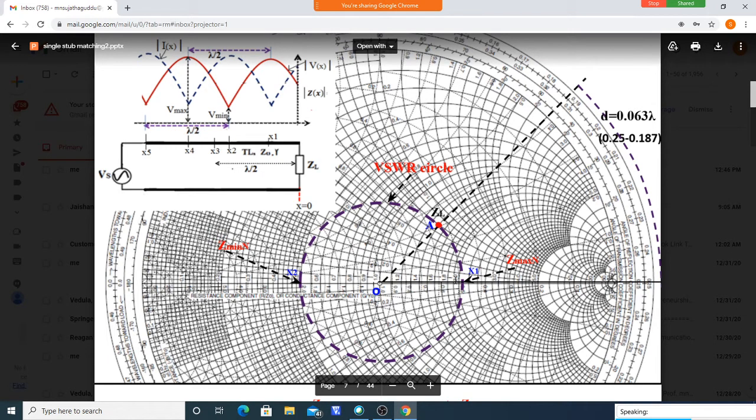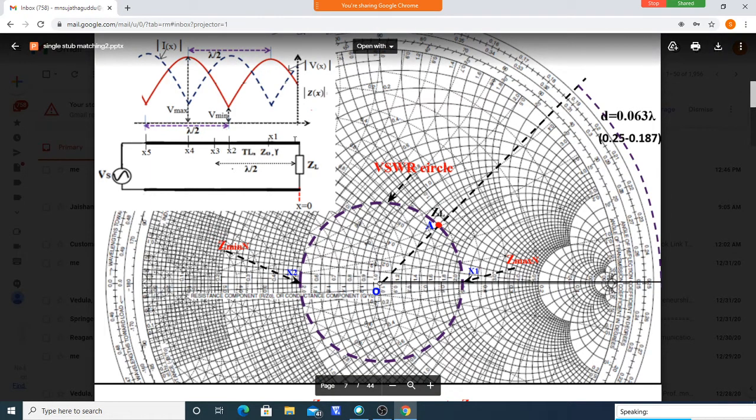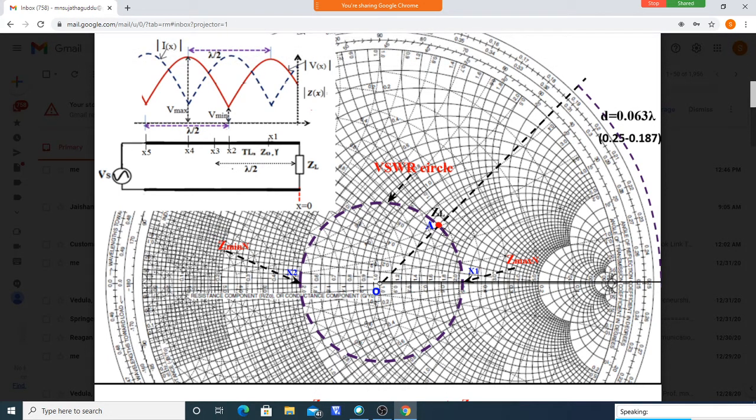This is the right side, this part is the right side. Here it cuts somewhere here. You read the impedance here, and that is the maximum impedance you can observe over this entire VSWR circle. Starting from here, you move like this over the VSWR circle, which is nothing but moving on a transmission line towards the generator. As we move, the impedance changes. The maximum impedance on the VSWR circle we will observe at this position, at x1.